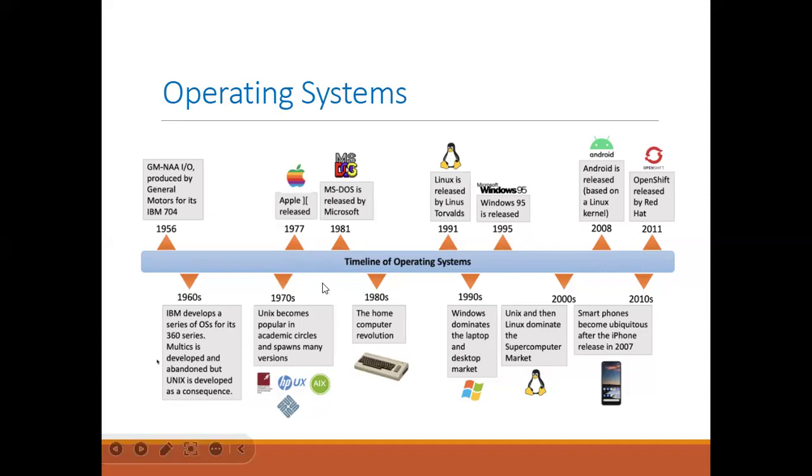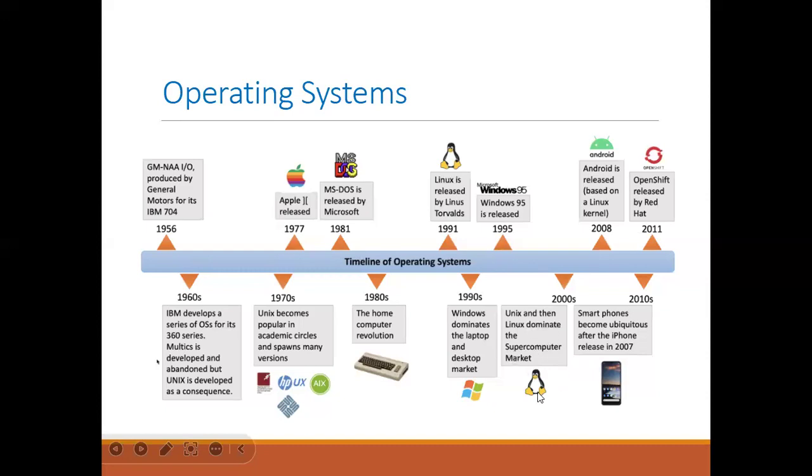So the mother of all operating systems is Unix. And then in 1990, Microsoft came with their Windows operating system. Initially it was MS-DOS, and then they came with Windows. Then in 1995, Microsoft came with Windows 95. In 2000,